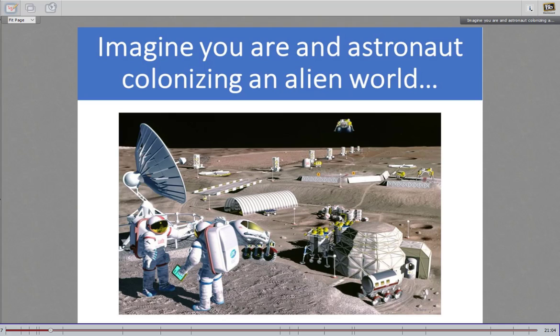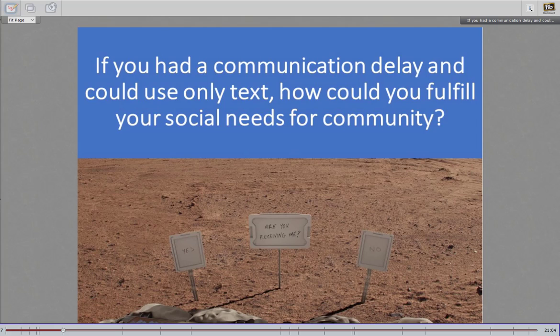But the problem with space travel is that there's always a delay, particularly at large distances. So when you are talking, you can only use text because that's the only thing that can travel, and it will take a 30-minute delay before those text messages reach each other. So it's just like using your phone, but if you were texting, it would take 30 minutes before they would see your message, and then another 30 minutes before you would see their response. So the question I have for you is, what strategies might you use in order to socialize so that you don't succumb to space madness, and also to effectively communicate your plan? So how do you have a community in this situation where you're flying alone in a spaceship?